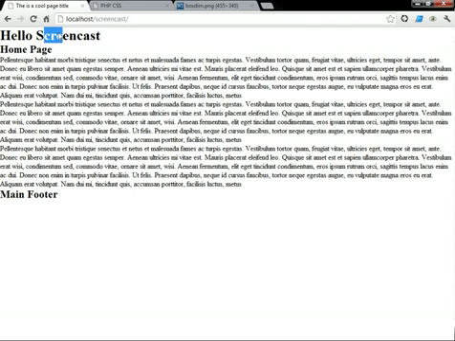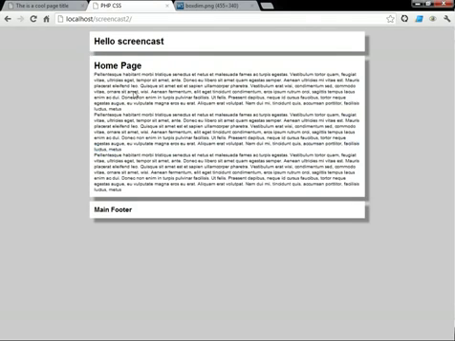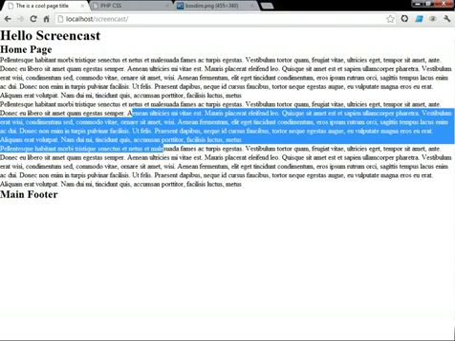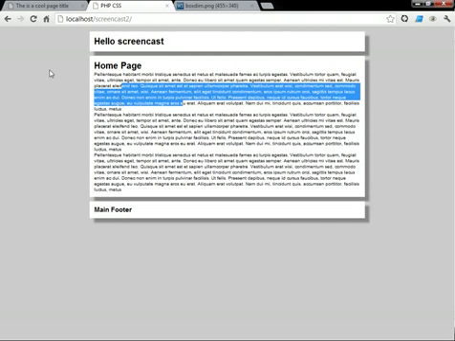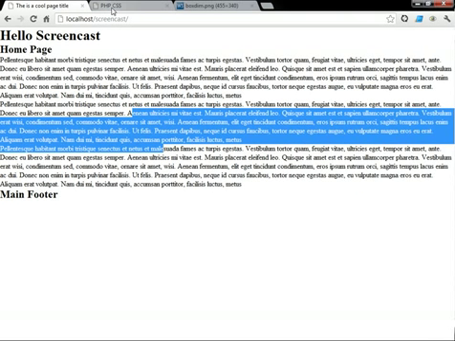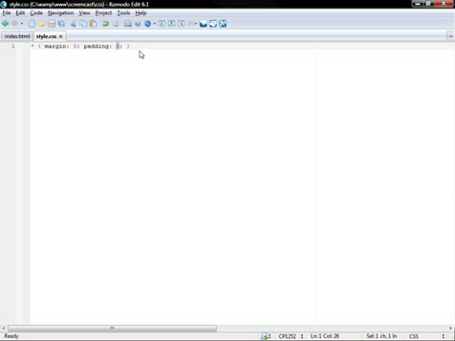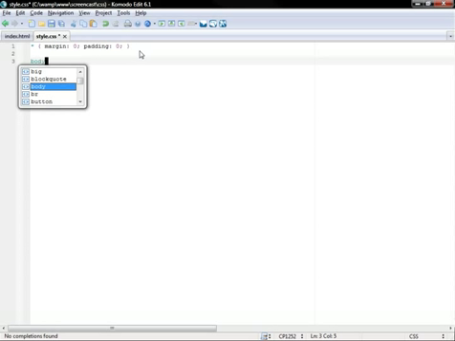Okay, so next, I think this font's a bit too big. And you can see on this one, the font's a lot smaller. So I want to change the font size. Plus, here I've put this nice background on the body of the page, but not inside the content areas. Now this is going to look a bit messed up for a moment, but bear with me on this one. I may be confusing you. Yeah, again, I'm sorry. So what I'm going to do is come down to a new line, and I'm going to type body, because I'm targeting the body tags,